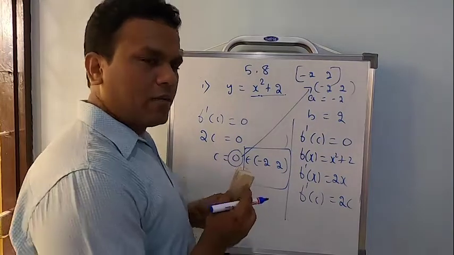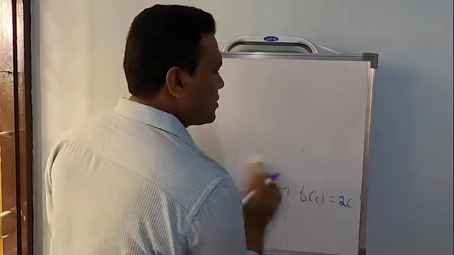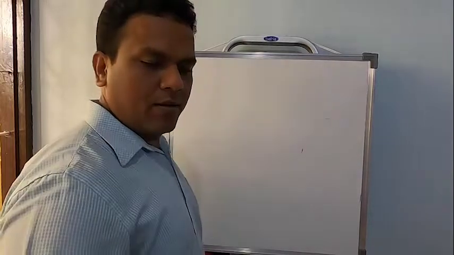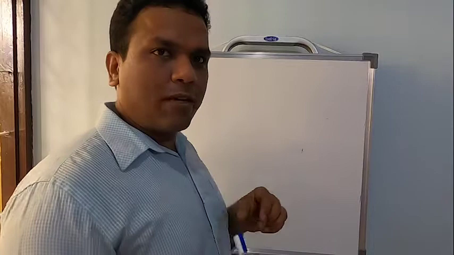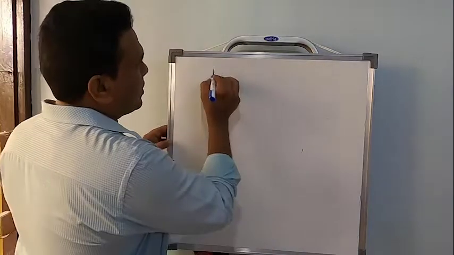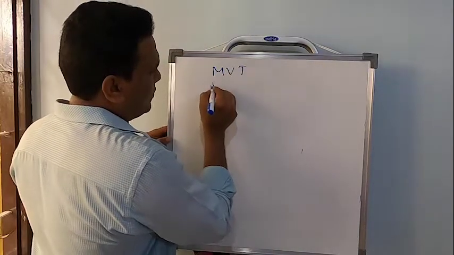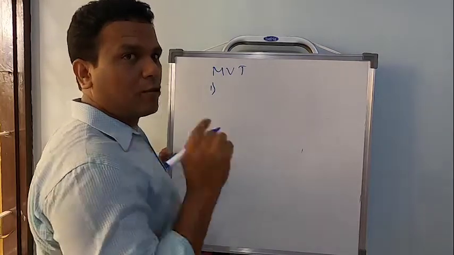So one problem in each worked example has been given. So we have done the problem based on Rolle's theorem. I didn't explain what the mean value theorem actually is. So, short form, mean value theorem. The first condition remains the same as Rolle's theorem.